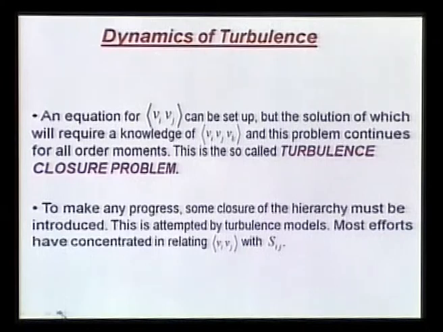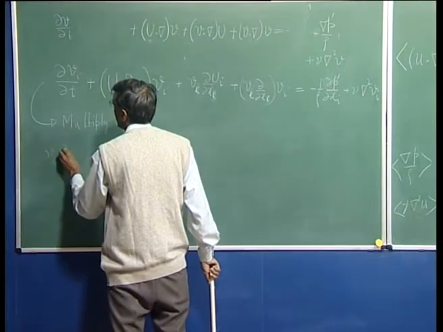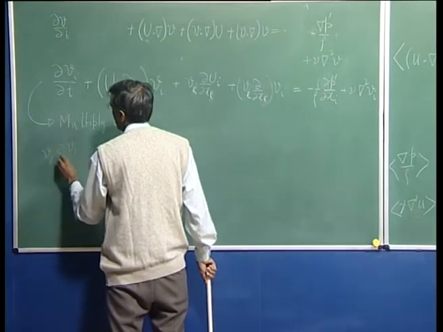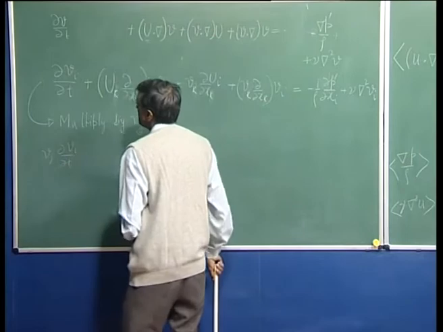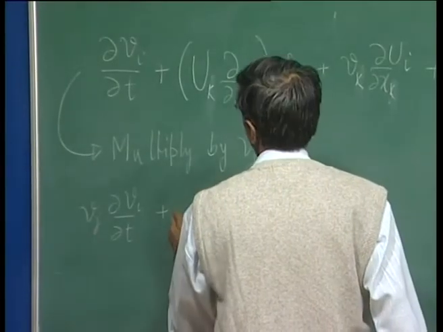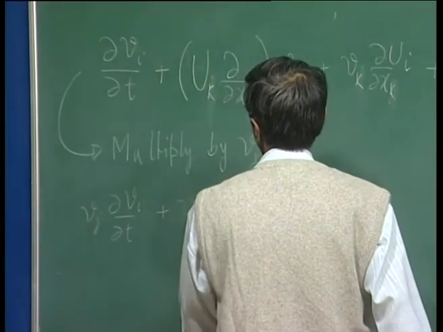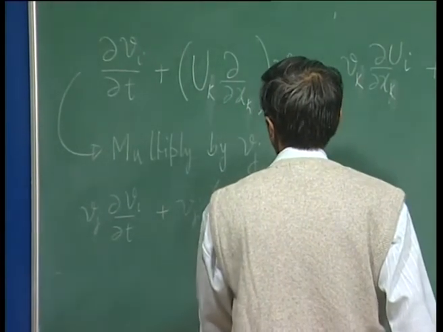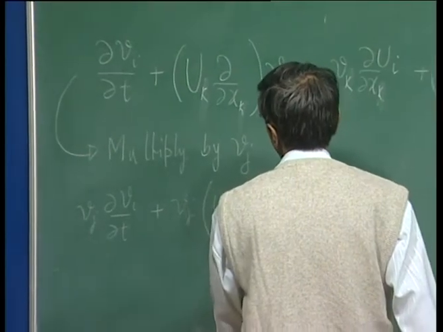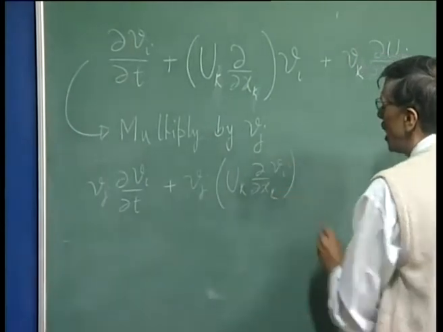If I do that, of course, I am going to get Vj del Vi del t, then we have Vj Uk del xk of Vi. So, that is what we have,